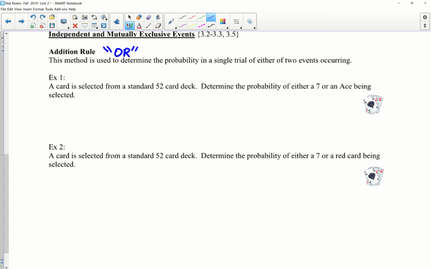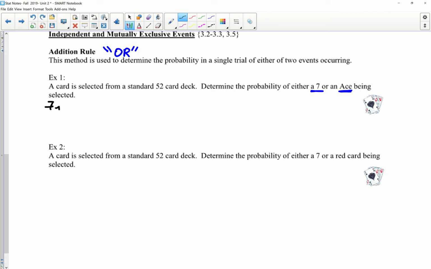A card is being selected from a standard 52 card deck. Determine the probability of either a 7 or an ace being selected. You can go back to the sample space, I think it's 2 or 3 pages prior, the whole display of the entire deck of cards, and just start counting. But I can tell you that there are 4 sevens. You have the 7